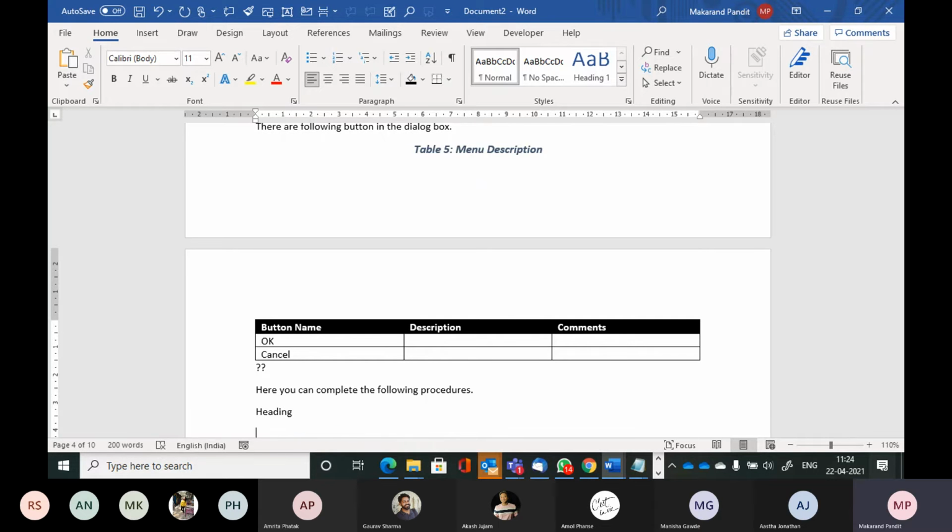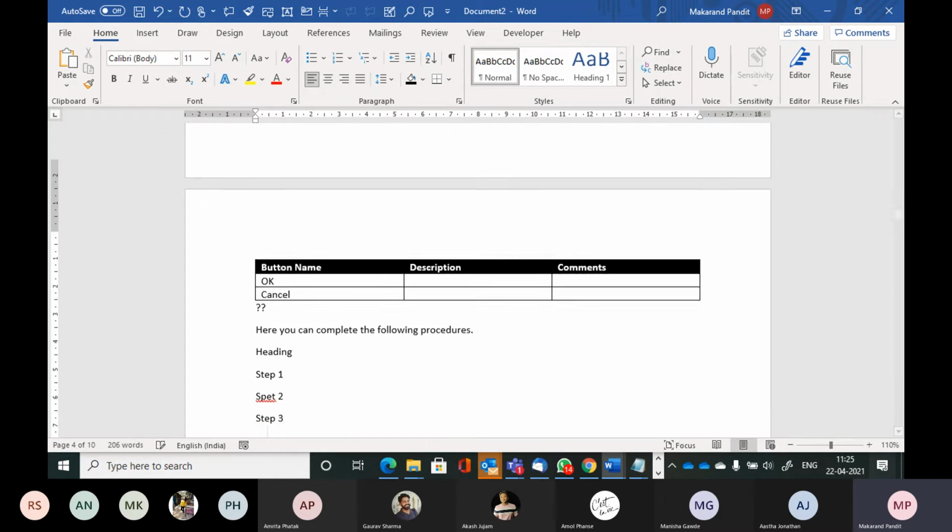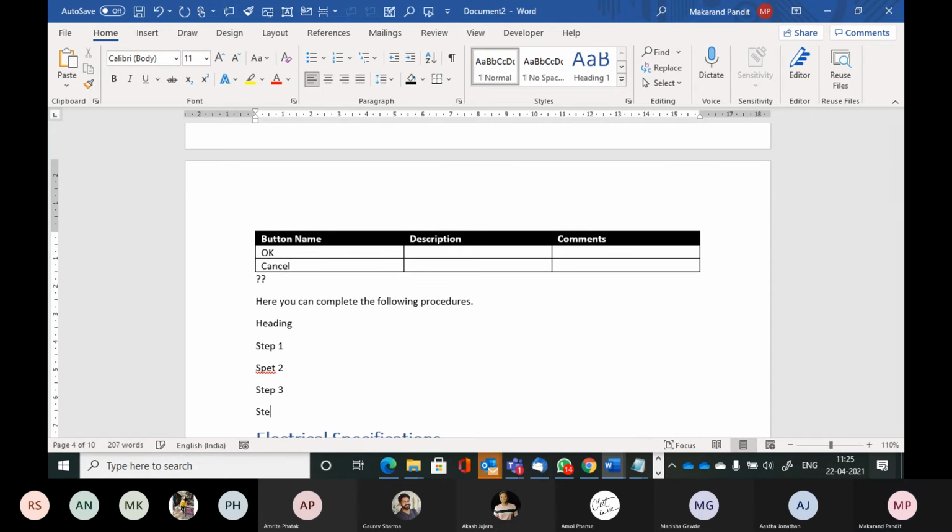Correct? In the heading 3, what will you have? You'll have the steps. Step 1. Correct? Step 2. Then step what? 3. Step 4. Then what?